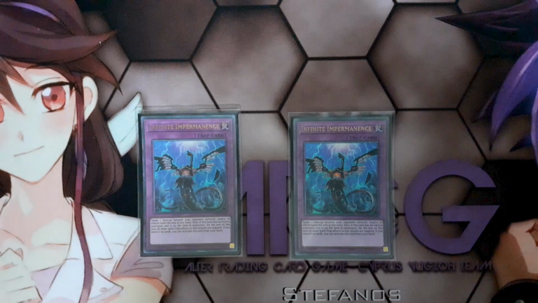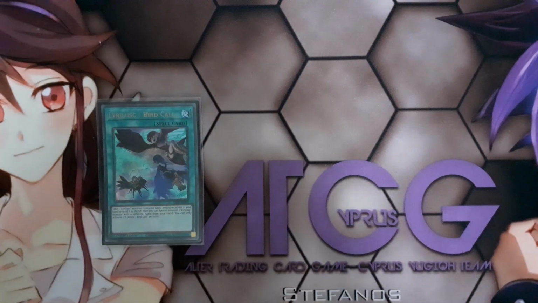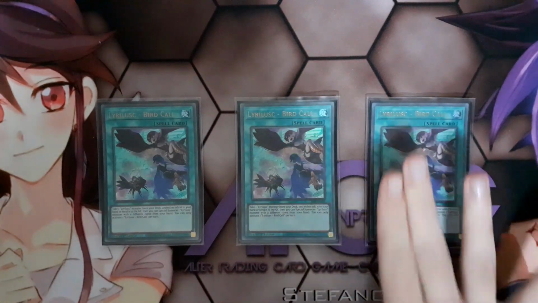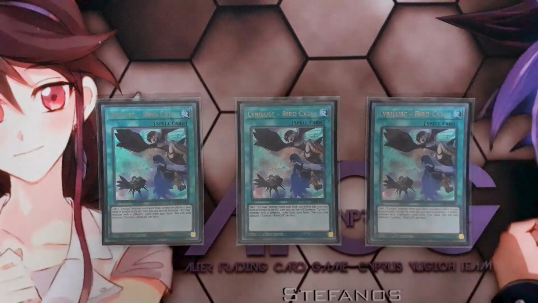For the spells, we have 3 copies of Lyrilusc Bird Call. I think this is one kind of a spell card that any deck would like to have. So being able to get either a Search or a Foolish Burial, and then on top of that, special summoning a monster from your hand with a different name is absolutely ridiculous. This card is so broken, and it just gives the deck exactly what it needs, because sometimes, even if you get the Search, special summoning the Cobalt Sparrow or the Wagtail before you do anything else is very important to